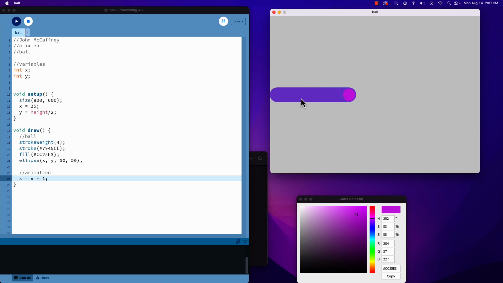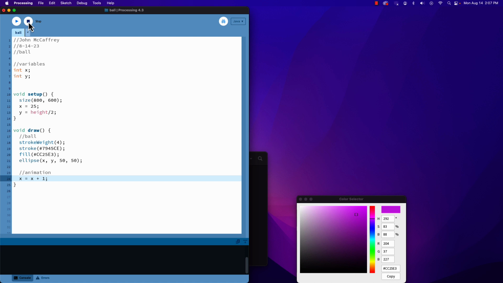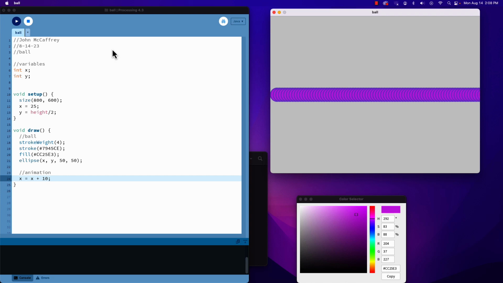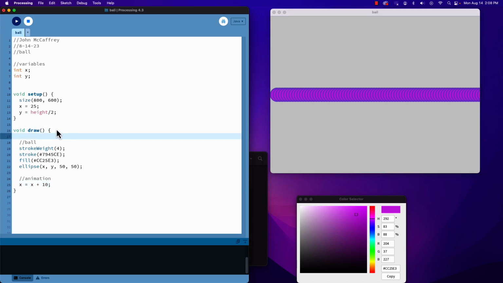Well, also notice that it's drawing over the top. Let's just switch this and we'll say let's go 10 and run it just so we can better see it. And you can see how the balls move 10 each time. We can see where the stroke is, where the previous balls were drawn. So that's cool, it moved, but it's problematic because as it's moving on screen, we're seeing all of the previous ones. I mean, maybe sometimes we want that. But an easy fix for this